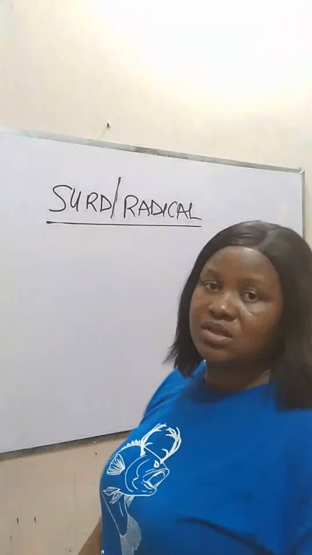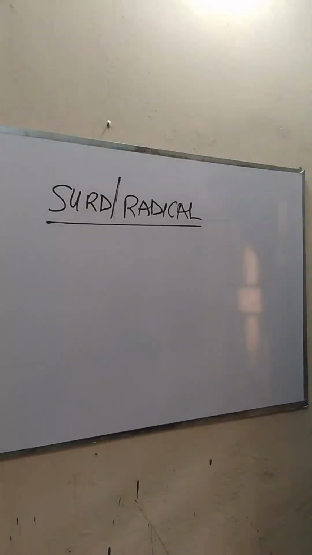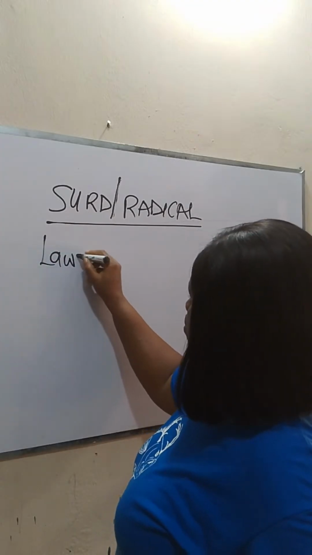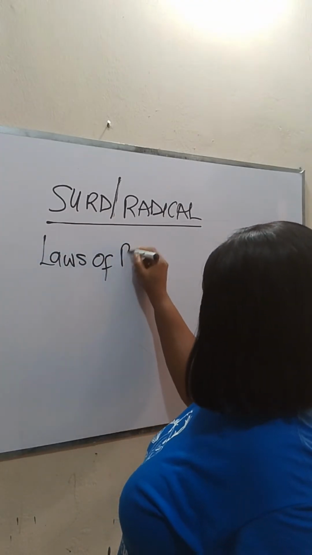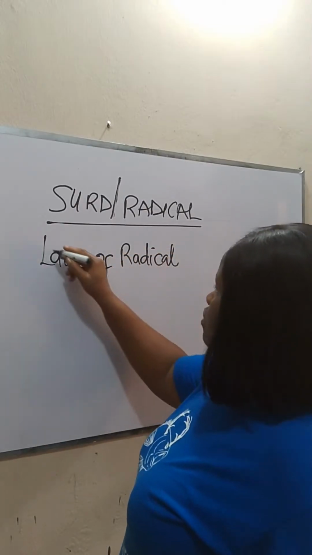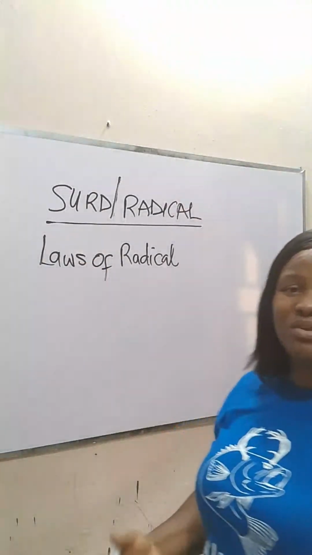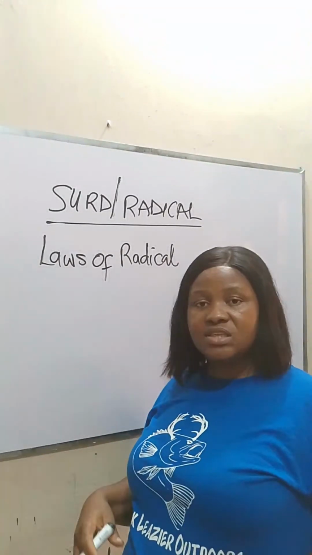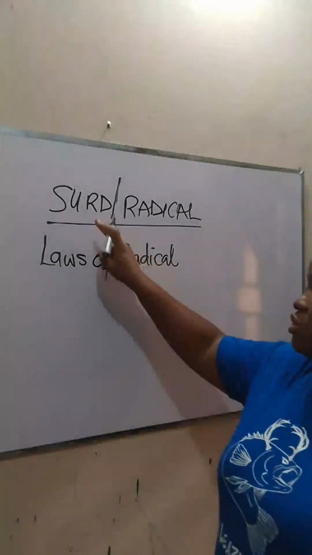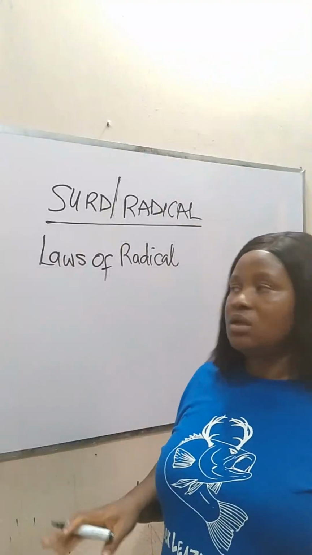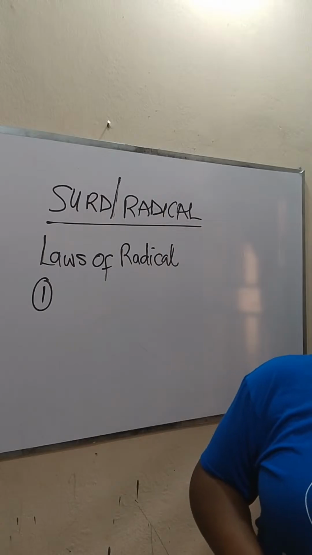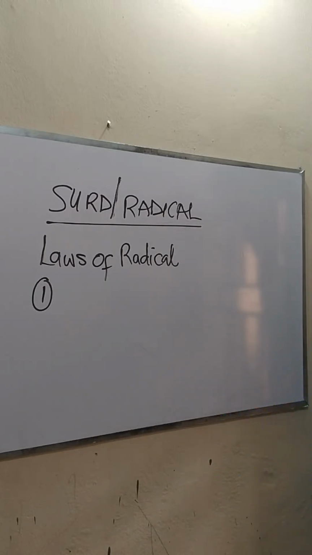So let's talk about the laws of radicals. Like I said earlier, radical simply means surd. They are the same thing. It's just like saying parentheses and brackets. They are the same thing. So whether I call it radical or surd, you're talking about exactly the same thing. So let's look at the laws of radicals. The first law we have on radicals is